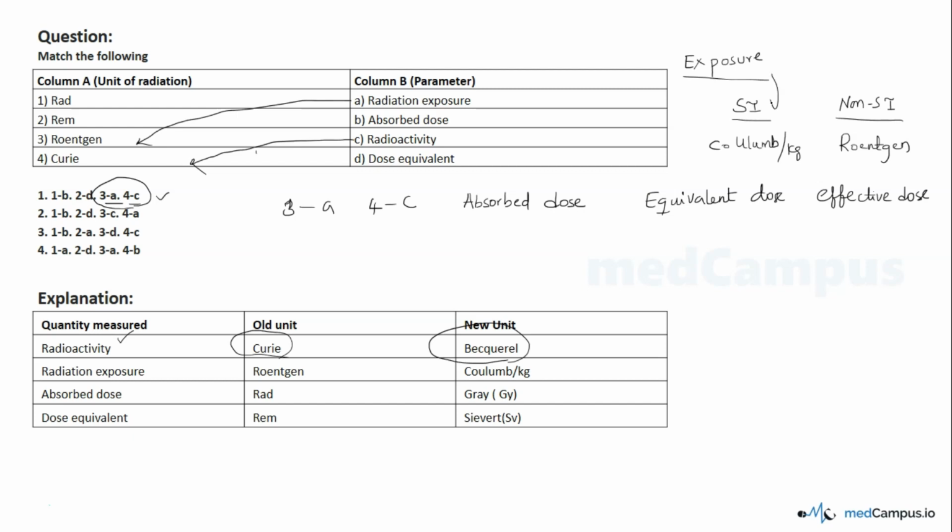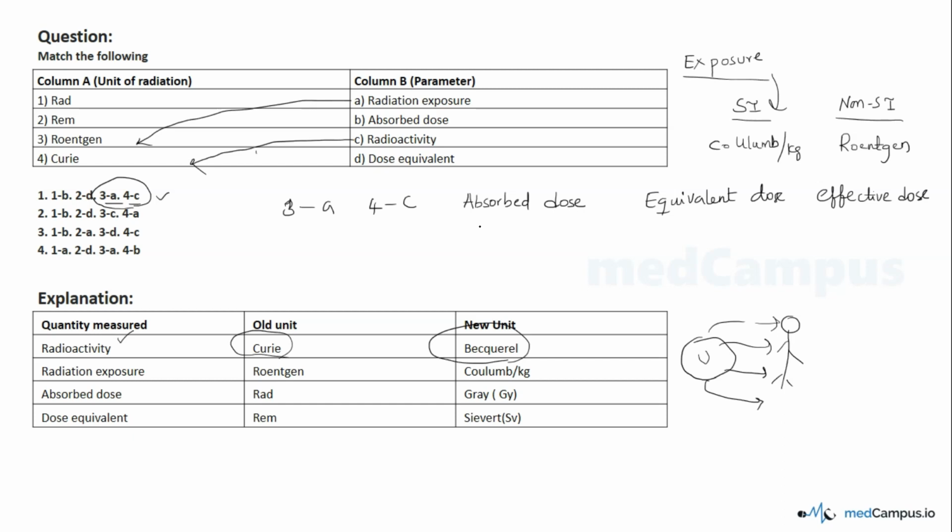Exposure, or Coulomb per kg, is a general term. You are not taking anything into account. But let's come back to the same example we are discussing. This is uranium, and this is you getting exposed to the uranium radiation. With this uranium you might have a chance of getting exposed to, for example, 100 Coulomb per kg, the overall parameter.